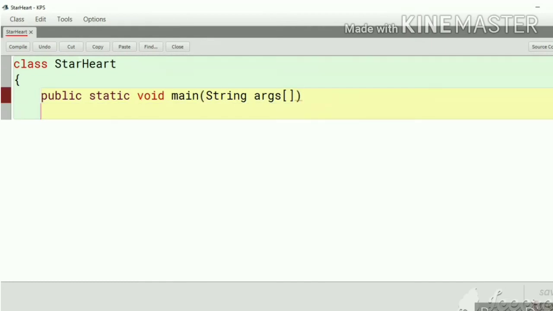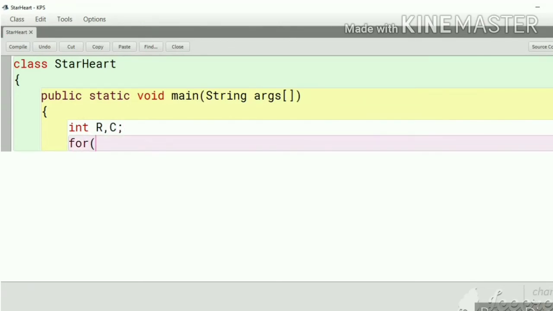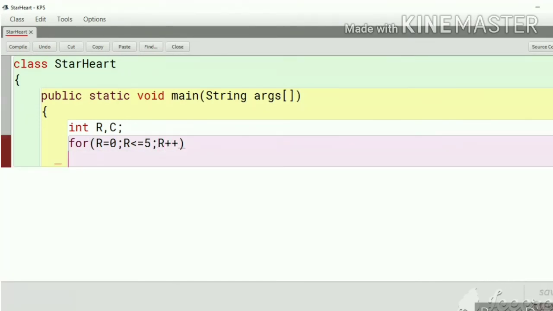First we need the data type int for the row and the column. The first loop is for printing the row. The row will start from 0 and go up to less than or equal to 5, that means 6 rows. Row++ for the increment after every number.